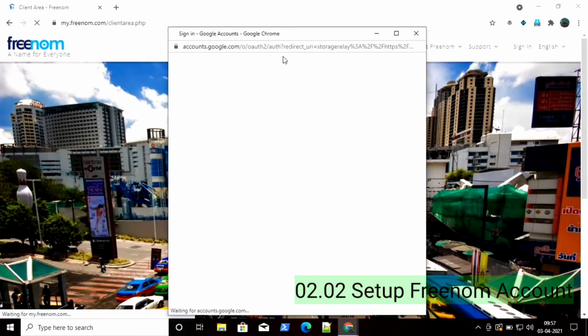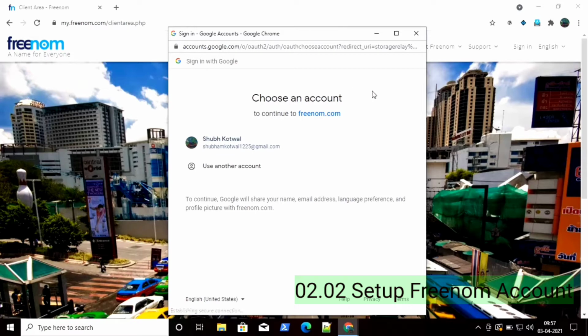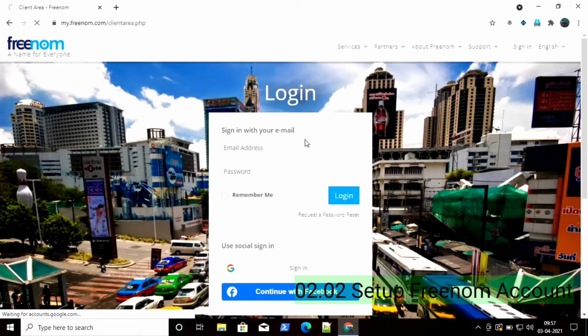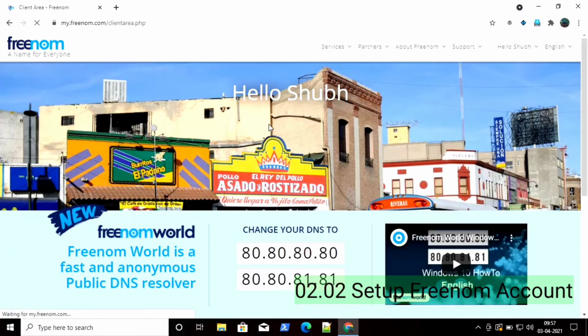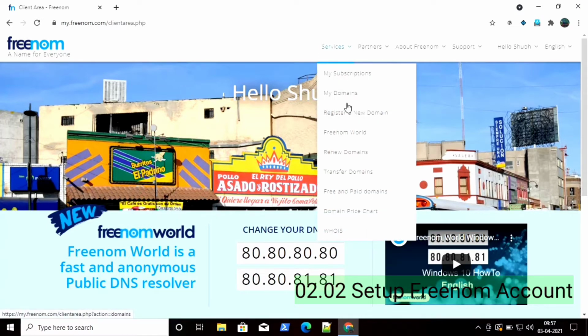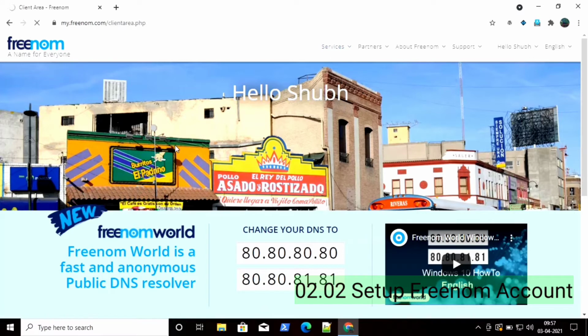Click on sign in there, and thereafter use your Google account. So this is how you can directly log into your account with your Google account. You can use Facebook too. Now you can see I have successfully logged into Freenom. Now click on services. Click on register a new domain.